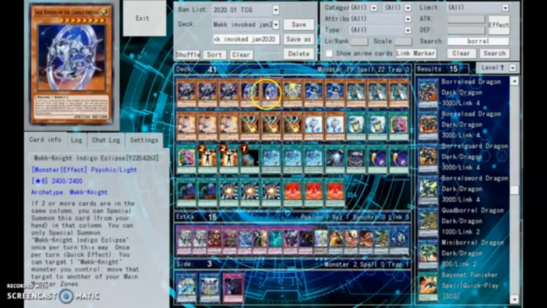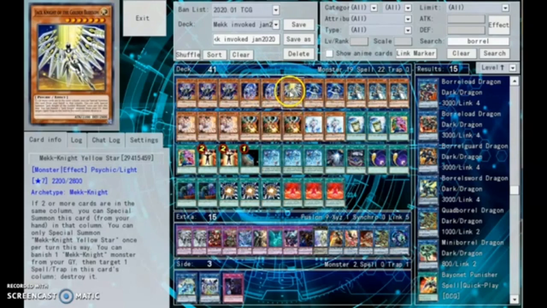Next, this is not as normal a ratio as in other deck profiles, but you'll see why later on in the profile. I play 2 Mekk Knight Indigo Eclipses. Hint hint, he's level 8, so he just moves around, you know. That's about it. I play 1 Yellow Star instead of the Red Moon because, as of filming this video,